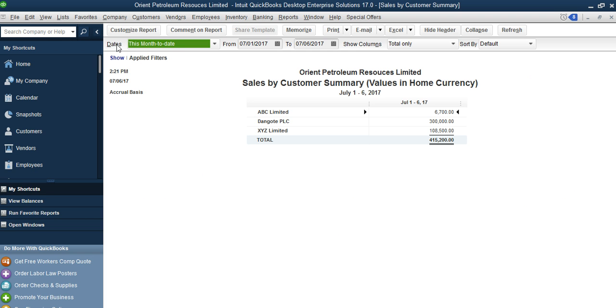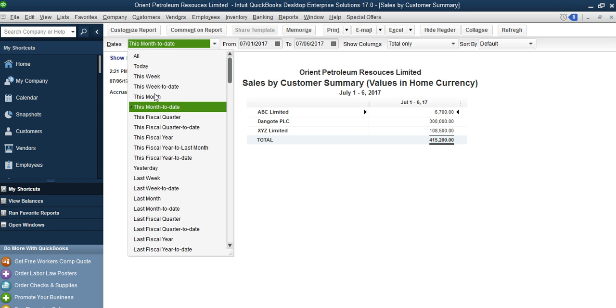Now the other part here is the date. Sometimes you might want to check your sales reports by period: this month to date, this week, today, this month and all that. So here you will drill down your sales. Some will say, let's see the sales this quarter. You can also use that to check. So we have this week, this month and